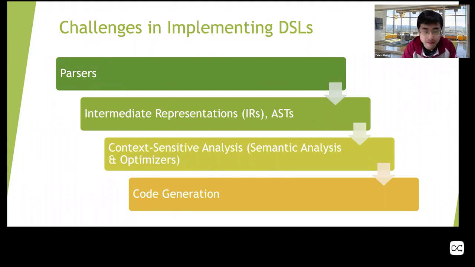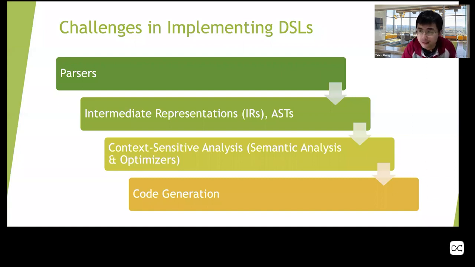Okay, and the second part commonly found in virtually all compilers is an intermediate representation. It could be anything, so it doesn't have to be in a particular form. But the most popular form is an abstract syntax tree or a parse tree. They are slightly different depending on how you define them. So the AST is generally represented by a tree. That's a data structure representation for the input source code, for the input language.